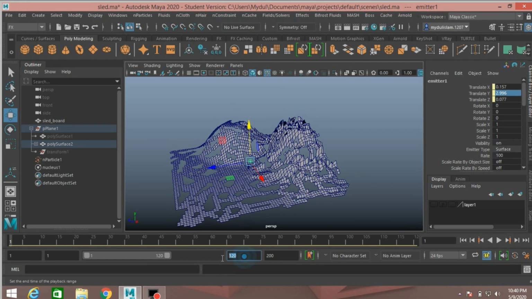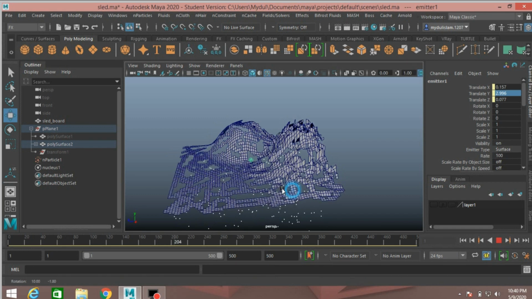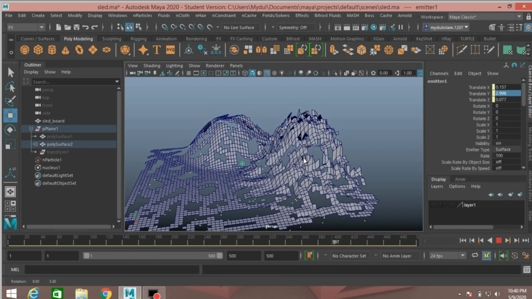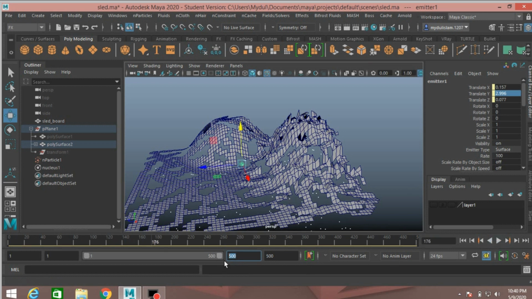Now increase the frame to 500, click play and see. The particle is now going down. Take frame 1000.